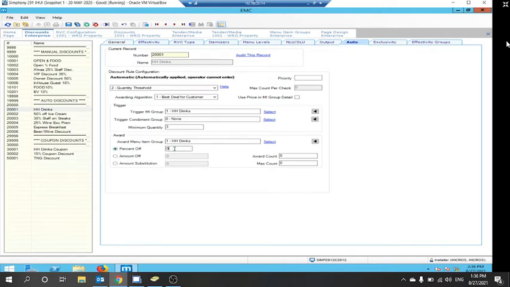percentage off 100. Reward count of 1. So in this setting, if you look at this, this is buy 3, get 1. Get the 4th drink discounted 100%. So if I buy 3 items, I get the 4th free of charge. This is basically buy 3 get 1